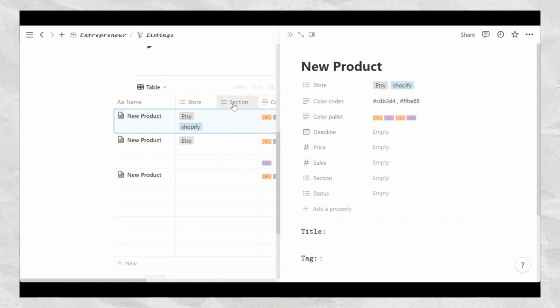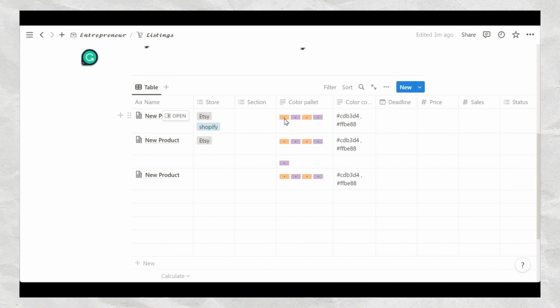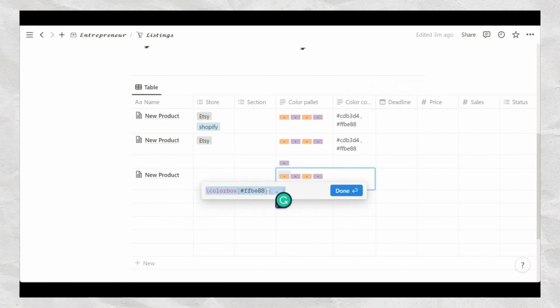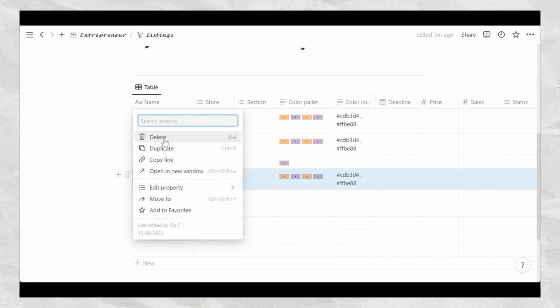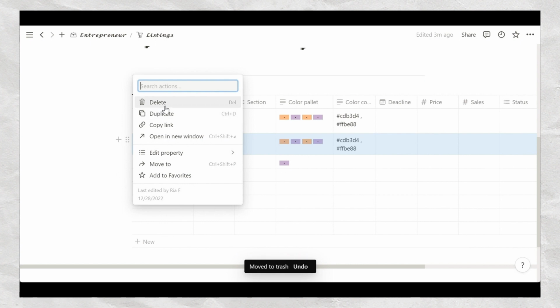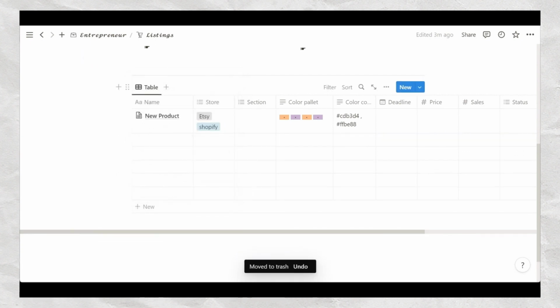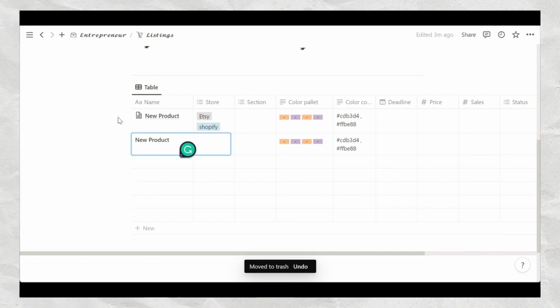So that's why I have created this property. Here we have color palette. Currently, as you can see, you might think, okay, for all the pages it is showing the same color. No, it's not. Since the template has this color, you might get it. But if you want to change anything, you can just go here. You can just change the hex code. Let me show you again. I'm just going to delete this one. This one. This one. Okay. So when you click on new product, you can just select this shop,